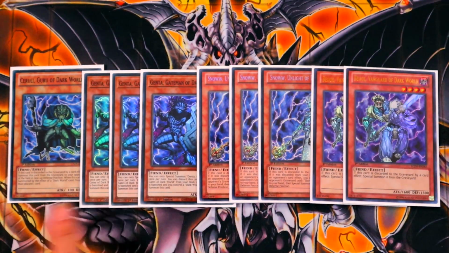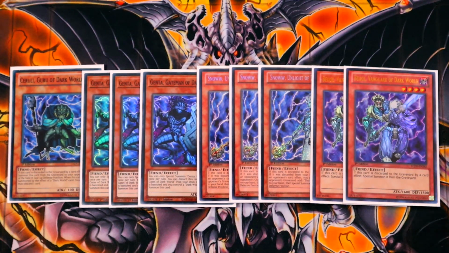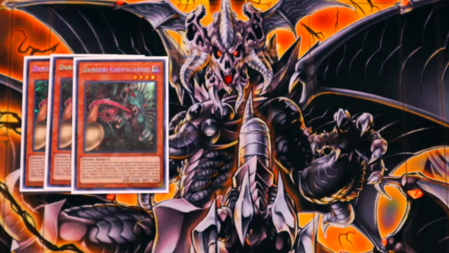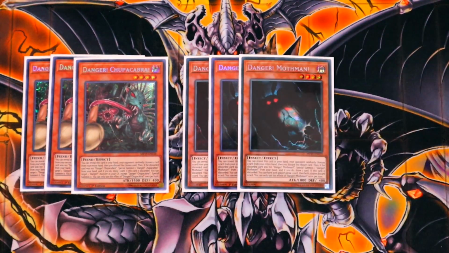But don't worry, these guys and their broken effects are never in danger because we're playing triple copies of our Danger Chupacabra. Yeah, you didn't see that one coming, did you? And our triple copies of Danger Mothman. Gotcha, Lamp. These cute cryptids don't ride motorcycles, but you know what? If they did, they'd be riding on the...